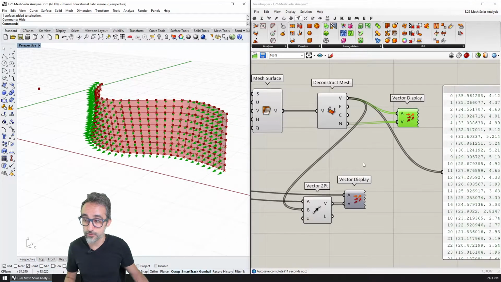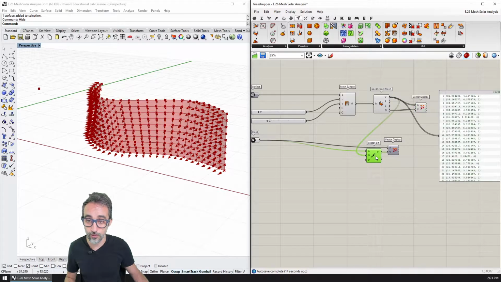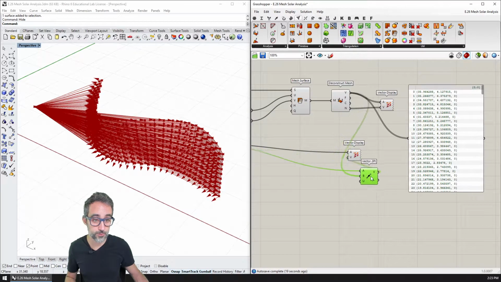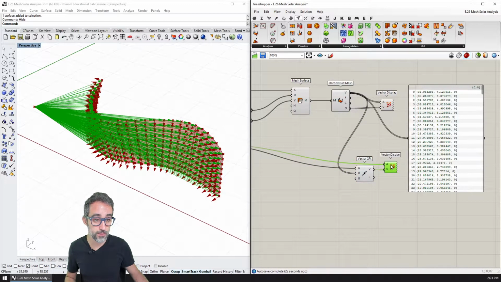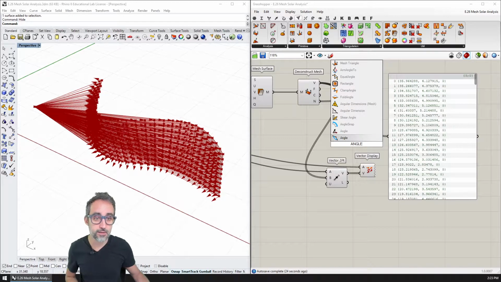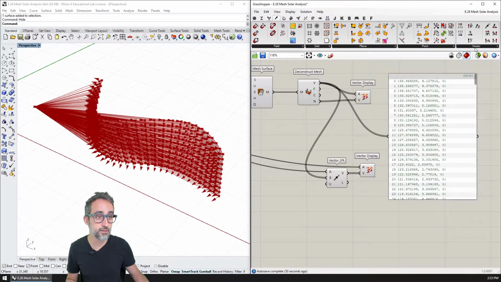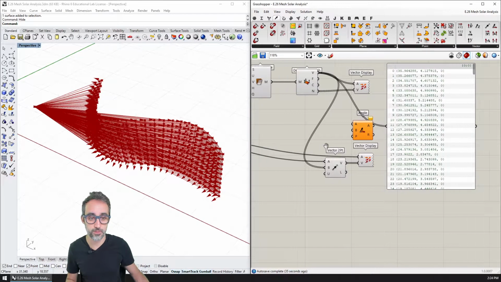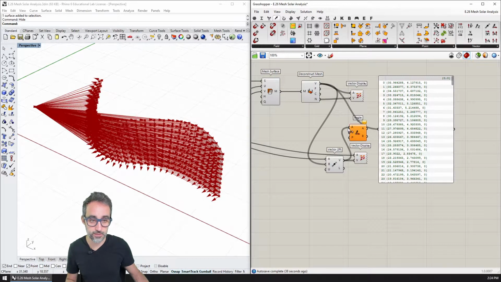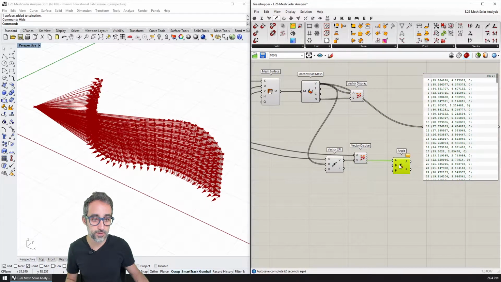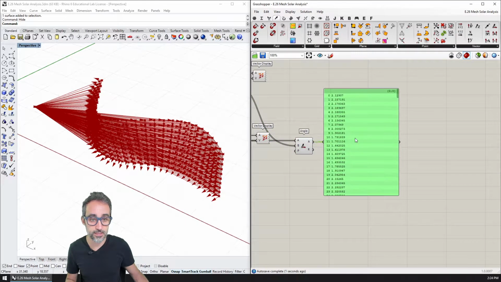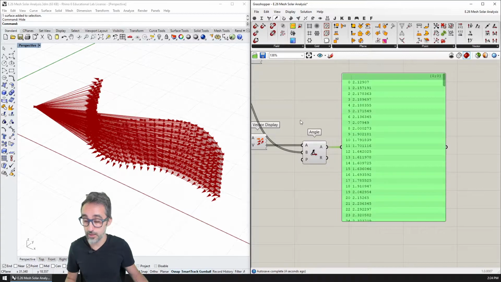And then what we're going to do now is just calculate the angle between all these vectors and all their normals. That's going to be super easy to do. I'm just going to calculate the angle between two vectors that I can find under vector and vector operations. You can compute the angle between two vectors, and the first are going to be the sun vectors, so that's going to be 1, and the other ones are going to be the normal vectors. The angle is going to be this list, which is given in radians. Remember? Sorry, not radians.